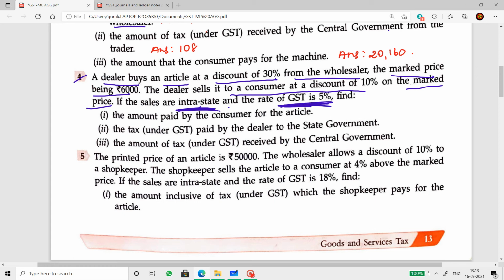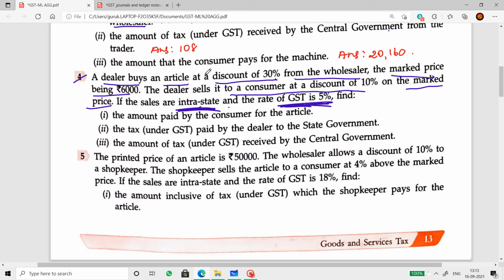Now, before we get into answering the subdivision, or for that matter understanding the subdivision, we have to be ready with all the values. Isn't it, students? Yes. So a dealer buys an article. Here the story is slightly different from the previous one. In the previous question, the profit amount was given. Here it is not given. Instead they are offering a discount.